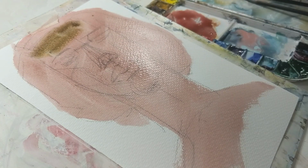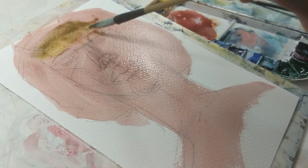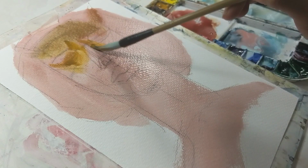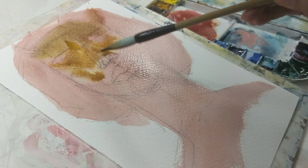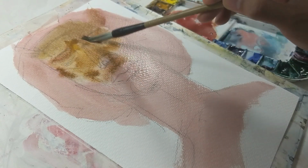So I'm using a little bit of yellow ochre as my base layer or the light layer. In every painting, think in terms of three: light, medium and dark. So this will act as my light layer. It might look a lot darker right now, but I just want a hint of yellow